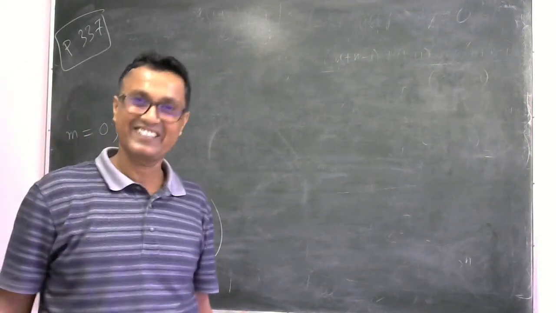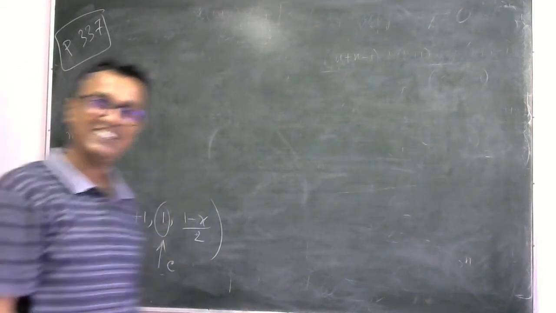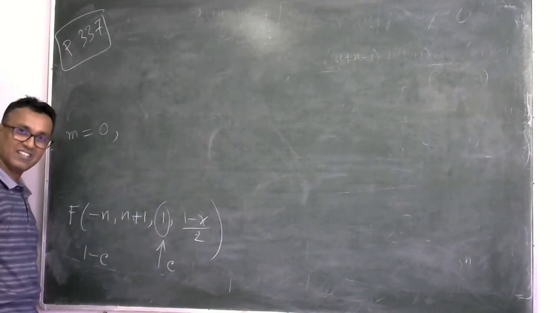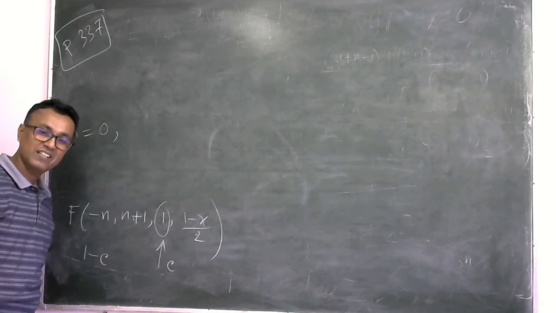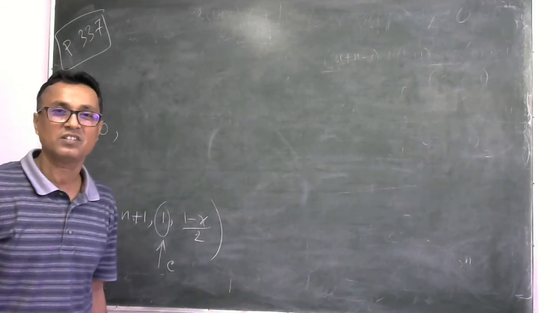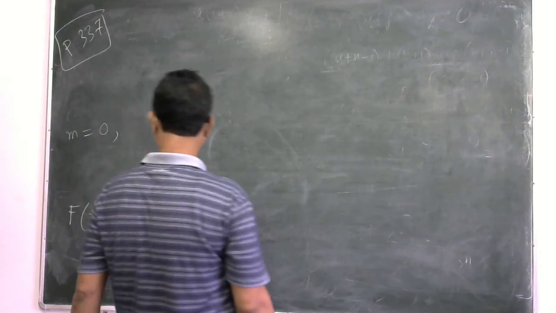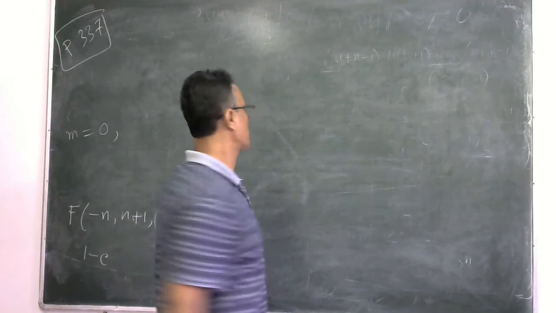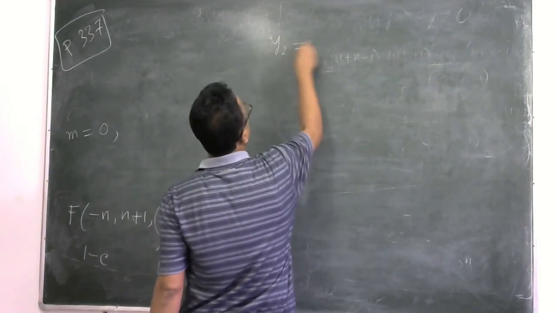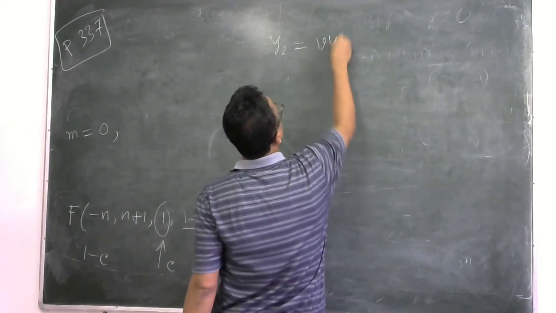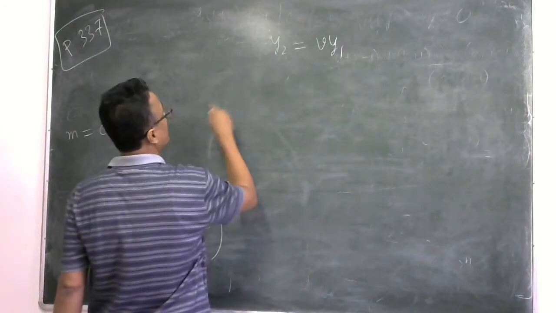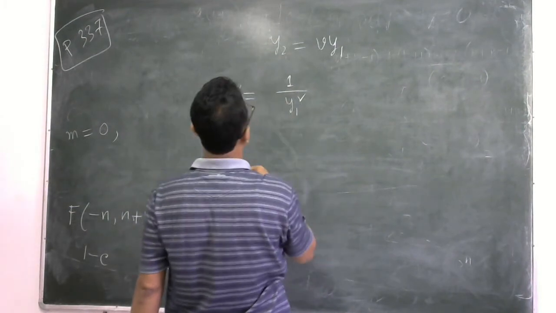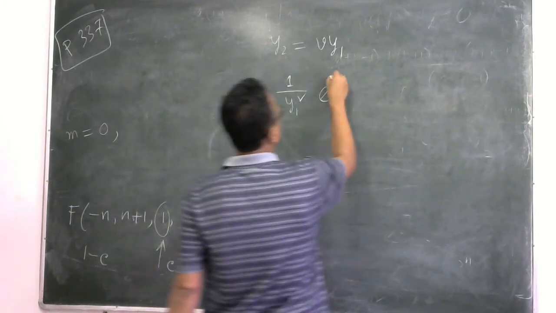Is it okay? Everybody getting it? This is C, right? The other root was 1 minus C, okay? Since the roots of the initial equation are equal, I must try to find the other series solution from this concept, your V y1, where your V prime is given by 1 by y1 square e to the power minus